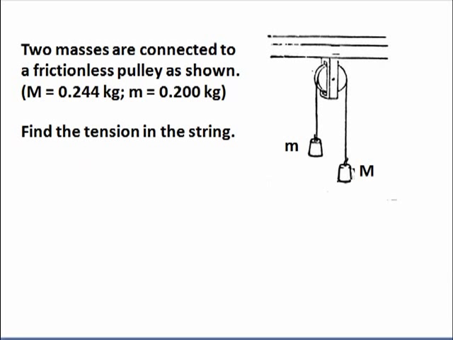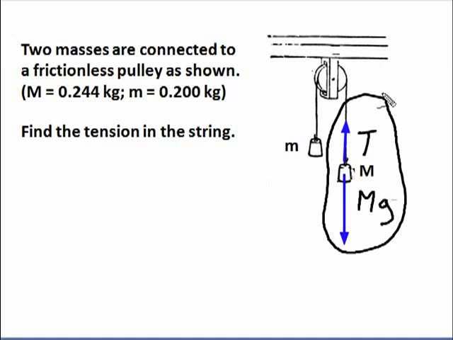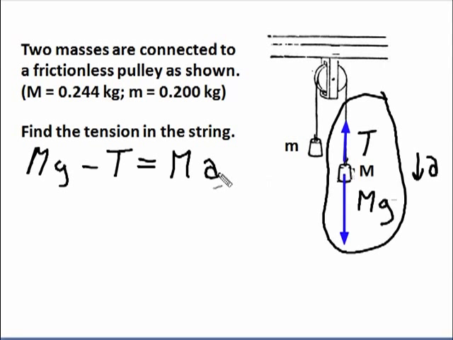Finally, we're asked to find the tension in the string. Now, this part's very easy. What we will do is, again, we will just isolate the one mass and have a very simple equation. We draw the free body diagram, and we will look at this Mg, the large mass, and the tension. And we look at that one simple little F equals ma situation. It's accelerating downward. The equation is quite simple. Big Mg, the larger, minus the smaller, T, equals big M a. Each one of these we know. We put the numbers in,